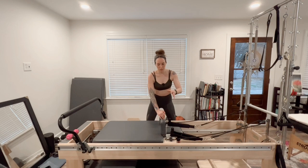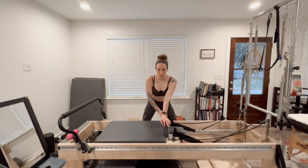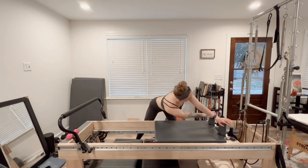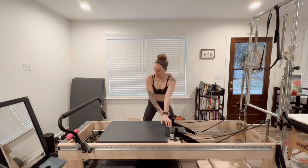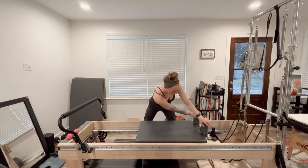Right hand onto the shoulder block closest towards you, left hand on the one furthest away from you. Get your feet super wide, wider than hip distance apart, and press with your left hand, pull with your right hand, kind of helping the rotation through your spine. As you stack the spine back up, the carriage comes home. So we're going for 6 of these. That's 5,